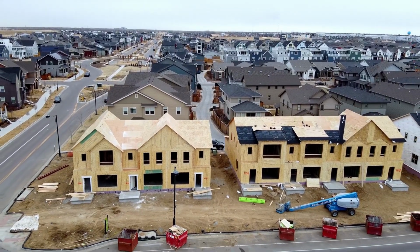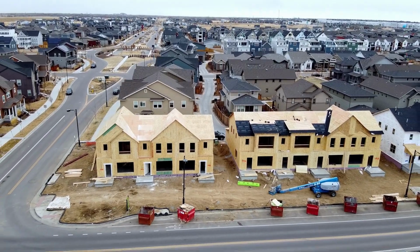So what I talked about in the intro, maybe you're a buyer, you've been trying to find a home, there's virtually no homes for sale in the resale market, and when there are, there's bidding wars, it's really tough. A lot of our buyers have shifted their focus to a new build home where they don't have to be in those bidding wars. One of the potential downsides there is you might have to wait 6, 8, 9, 10 months for your new